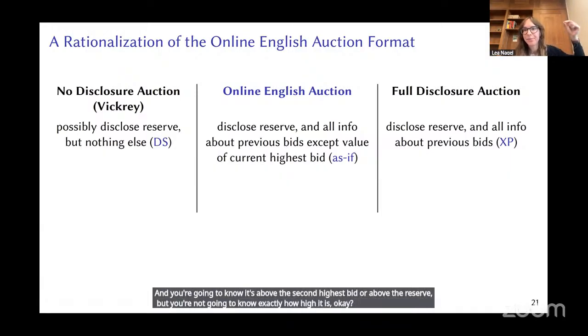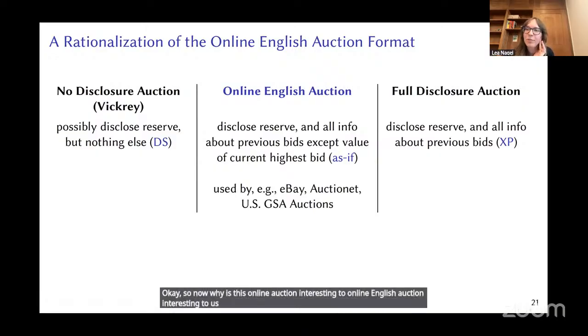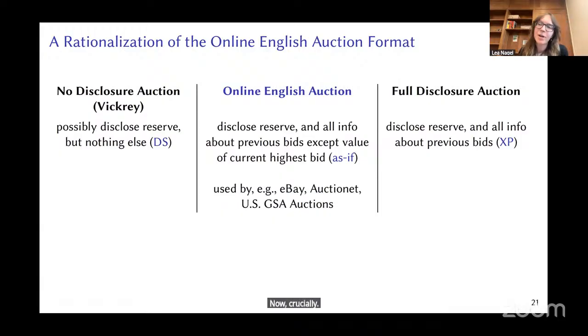Okay, that's the key. Now, why is this online English auction interesting to us? Well, this turns out to be the format that's used very commonly in practice. It's used by eBay, AuctionNet, by the US General Services Administration, and many other online auction platforms. Now, crucially, this is going to be an as-if dominant strategy mechanism, but notice that this is already no